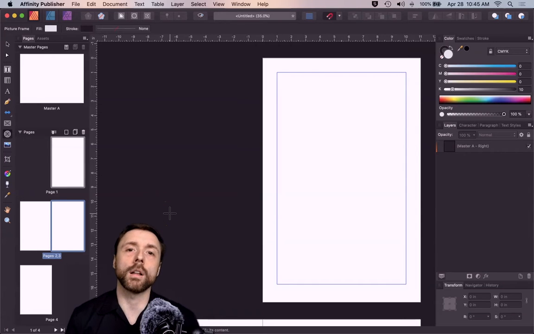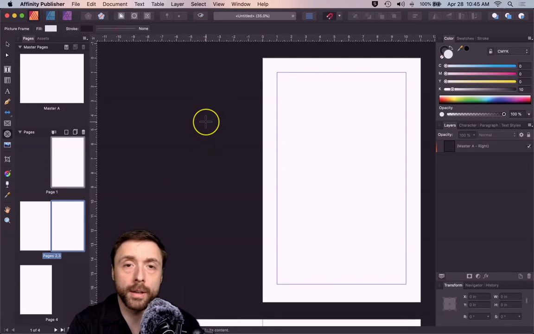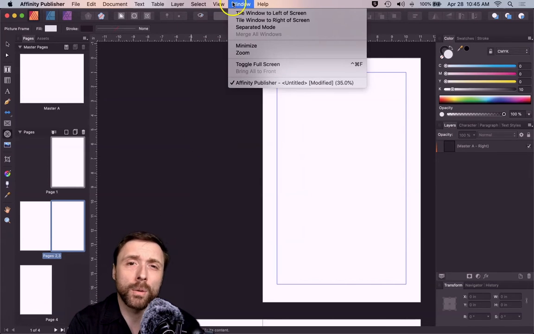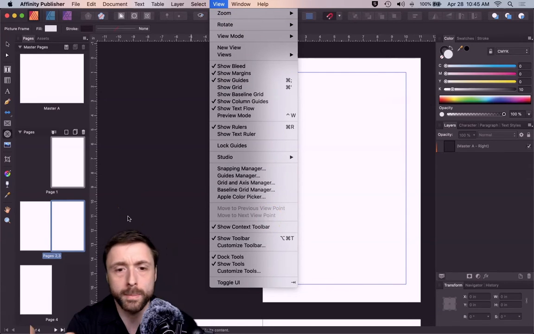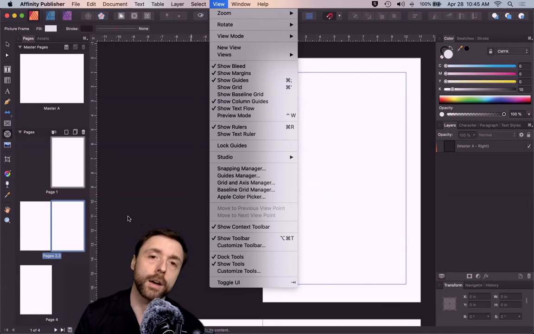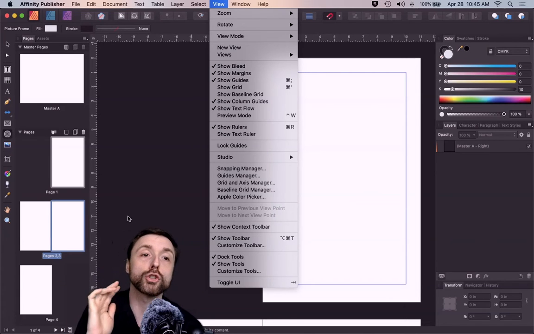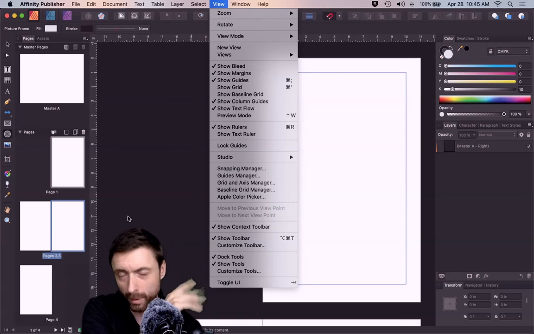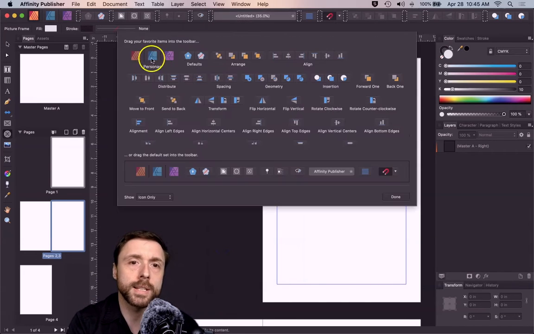So if you're like me and a lot of your work revolves around the workspace that you've built. This is something that Adobe did well: under Window or View, I can't remember, in InDesign, we had this workspace tool where we could set up a workspace so that the tools we commonly use would be there and we could swap between, for instance, typography and layout. In Affinity Publisher, they don't have that quite yet, but they do have the ability to customize both the toolbar, which is the top bar, and your tools, which is the toolbar that we commonly know on the left-hand side. If we go to View, we can customize the toolbar, which is this top part up here,